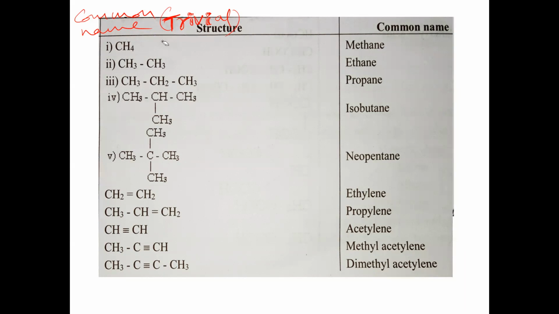Every organic compound has two names. One is the common name in the native language and the other is the IUPAC name in scientific language. It means all the people across the world will use only the IUPAC name for every given organic compound. But in their native language, they can call it by different common names. So common names we have to understand, and IUPAC names we have to understand. So the trivial system and the IUPAC system, two types of systems are there to name organic compounds.